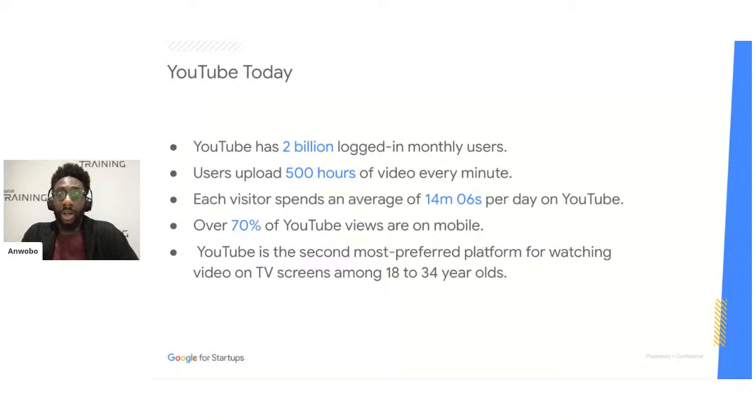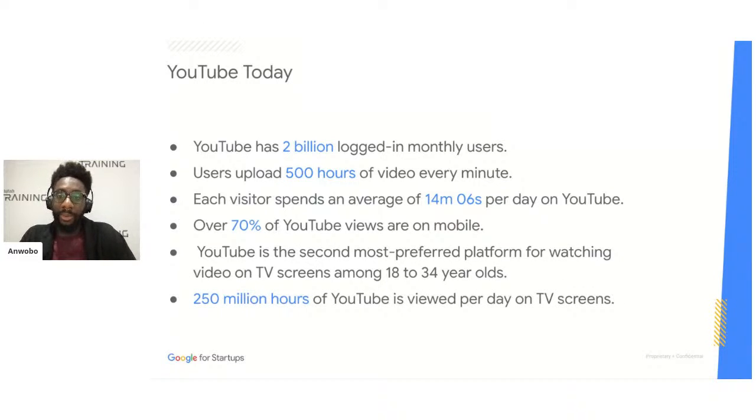And in terms of the amount of content that's consumed on a TV device, we actually do see 250 million hours of YouTube viewed per day on a TV screen. So again, huge numbers, almost unimaginable there. So again, showing you the reach, the volume, how large this platform is, and how big the size of the prize is, how many people we have the potential to engage on this platform.